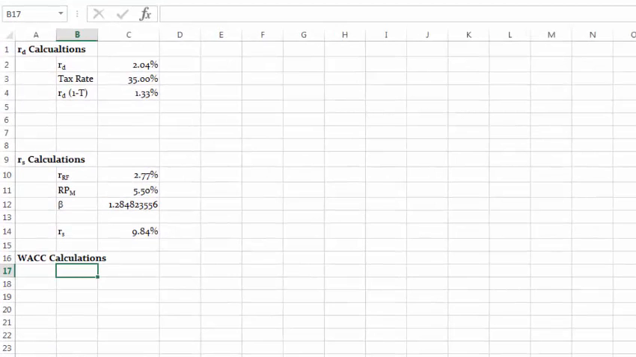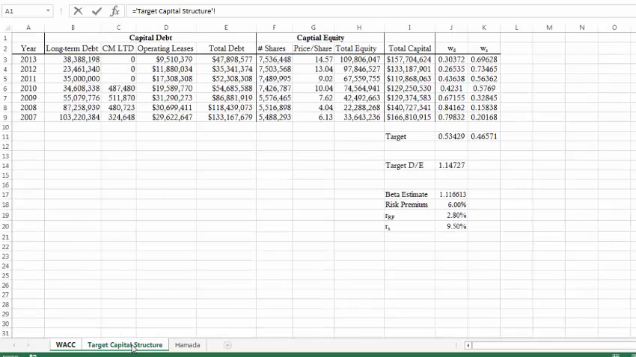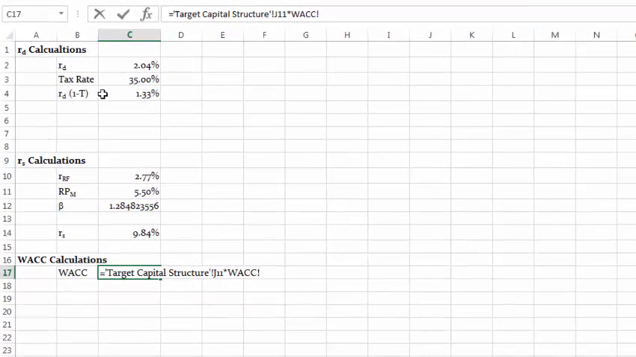And here we go. So weighted average cost of capital is equal to WD. I'm going to go down to the target capital structure, pick up my WD, which is in the WD column, and I need the target. And I'm going to say times, I'm going back over to the weighted average cost of capital tab and multiplying it by the after-tax cost of debt, which is the RD times 1 minus T. Plus,